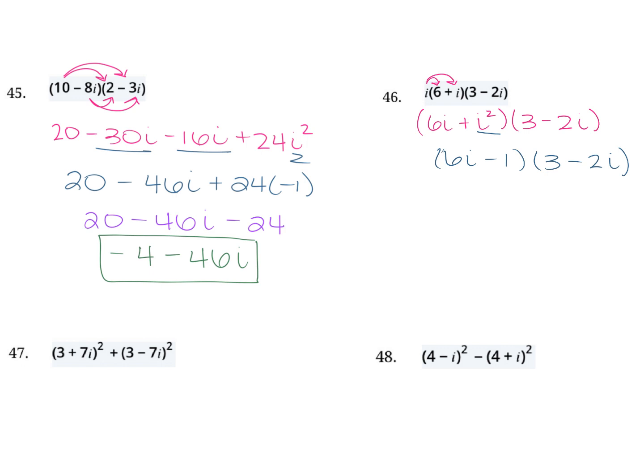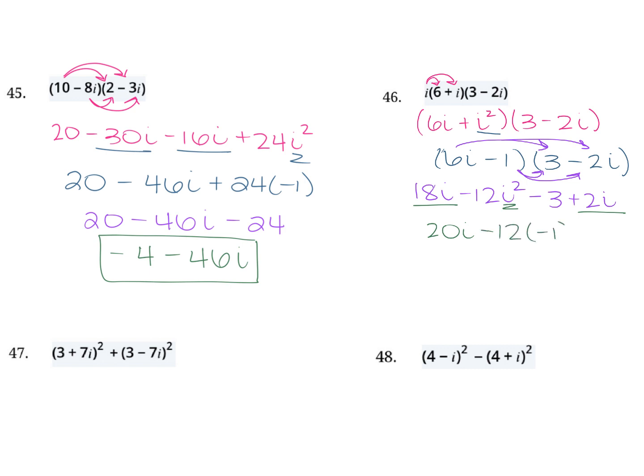So 6i times 3 is 18i. 6i times negative 2i is negative 12i squared. Negative 1 times 3 is negative 3. And negative 1 times negative 2i is a positive 2i. From here, we're going to combine like terms if we have any and simplify that i squared. Your 18i is a like term to the 2i. That gives us 20i. That i squared is going to turn into negative 1, so that's going to be negative